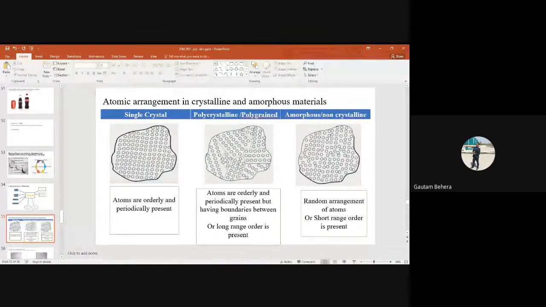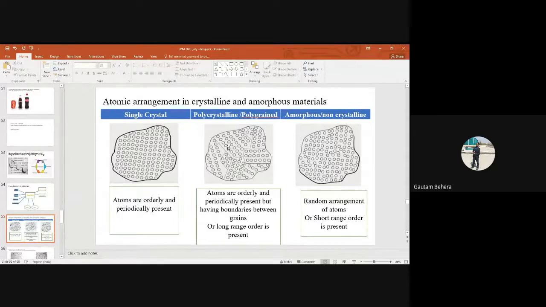Now, what is polycrystalline material or polygrain material? You can see the difference between them. It is also crystalline, right? Just I want to show you this part only. Suppose this area. You can see in this area, the atoms are completely ordered and also completely periodic. If you go to another part, consider this one. Here also atoms are completely periodic and ordered. You consider this specific area now. Here also atoms are completely periodic and ordered, right?